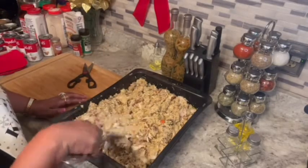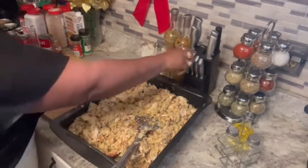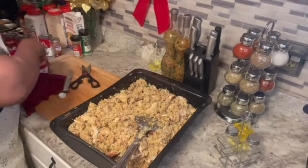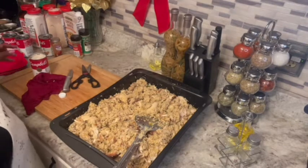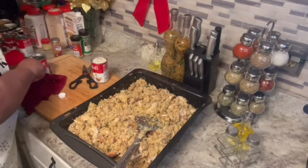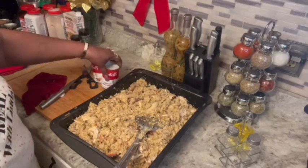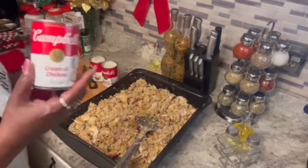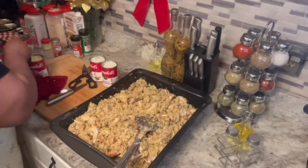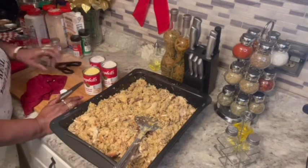Okay. Now, I have, let me get this open, y'all. Okay, there's 2 cans of mushroom, and I got 2 cans of cream of chicken soup. When I tell you this good homemade dressing, down south dressing,